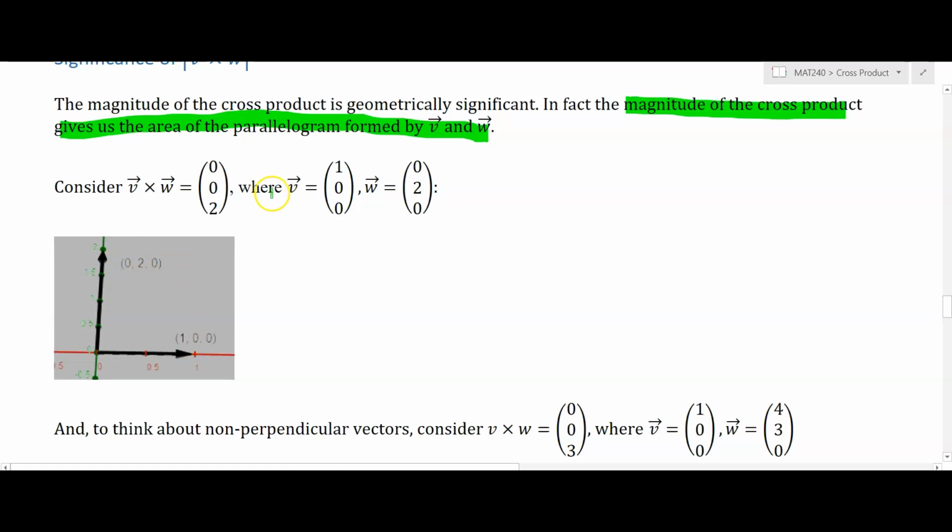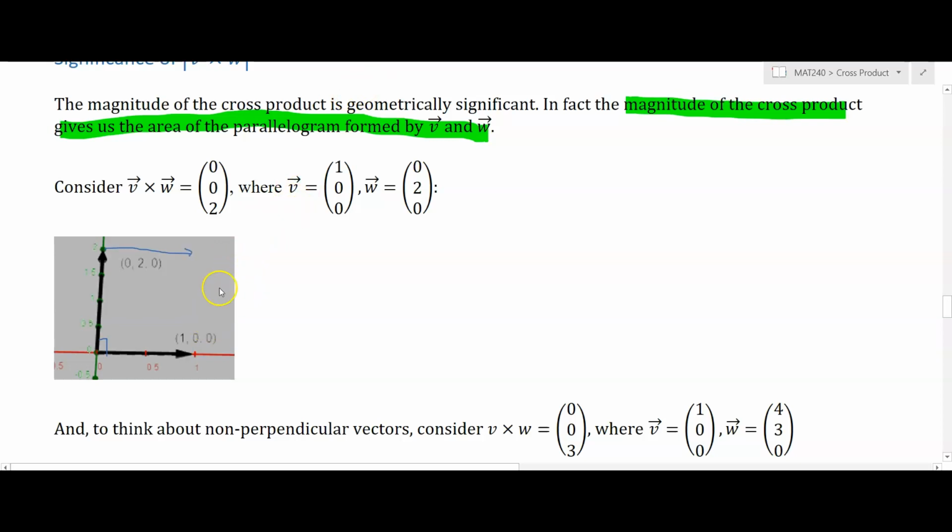So to indicate this, here I have two vectors, 1, 0, 0 is v, and w is 0, 2, 0. The z-axis is sort of coming out right here, but we're ignoring the z-axis because both of these lie on the xy plane. So we're looking down at these two vectors and the parallelogram that they form. We should also point out that these happen to be perpendicular to one another because they point along the axes. So if we completed this parallelogram, basically by taking this vector and putting it on the tip of the v vector, and then also took the v vector and moved it parallel to its original component,